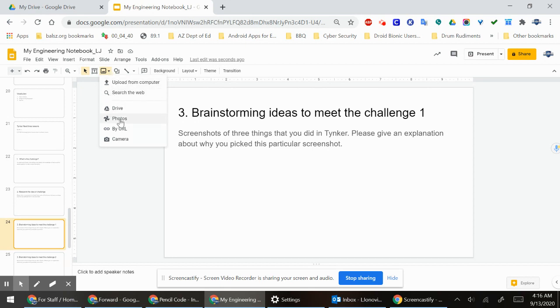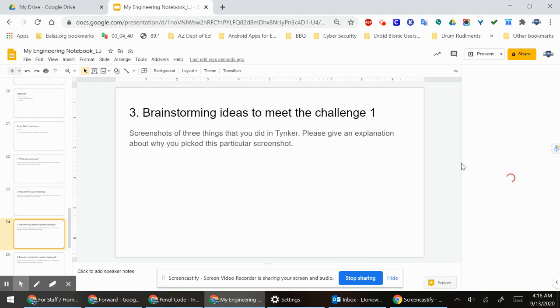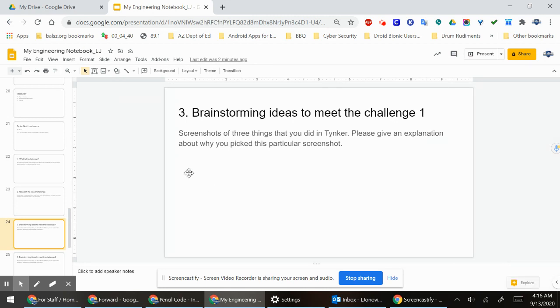So let's go to the photos and see what we can put in here. You've taken your picture already of your screenshot of what you were doing. And you would go to your screenshot, but I guess I can just do a screenshot. Goodness, it's taking so long. Alright, so I would have